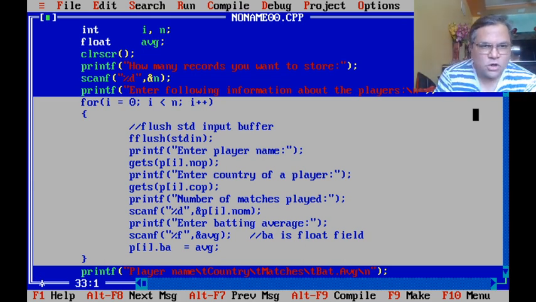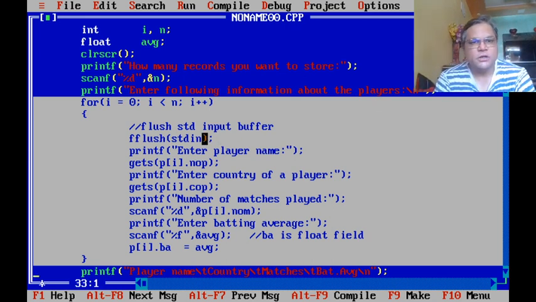While accepting records, we faced 2 problems. Problem 1, reading a string after a number is not supported clearly, so we need to flush the input buffer stdin, that we did. And problem 2, the floating point formats are not linked. Therefore, we will not be able to initialize the BA floating point field directly from user input. So we did it indirectly, that we first accepted the value into the simple variable avg, and from that we copied into the field,